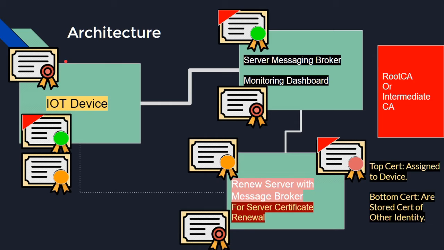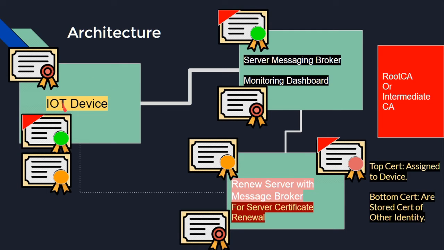Now you can see a certificate is nothing but the identity card of a person, or you may say the identity card of the device. This is the IoT device's certificate. This is being shared all across the network, as you can see. This is being stored over here, also stored over here, and also stored over here. So in the whole network, it is being stored.